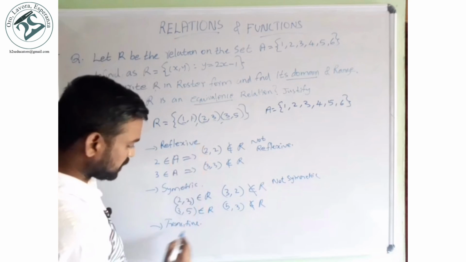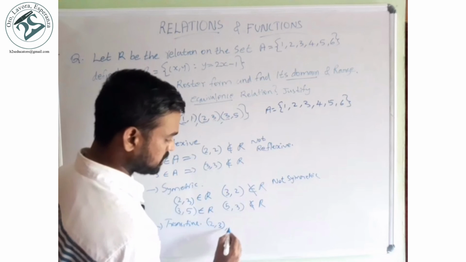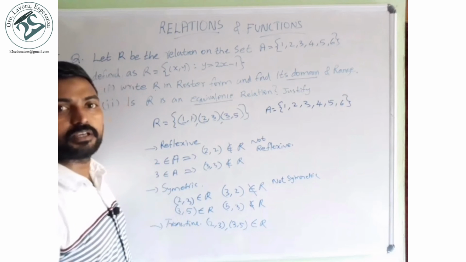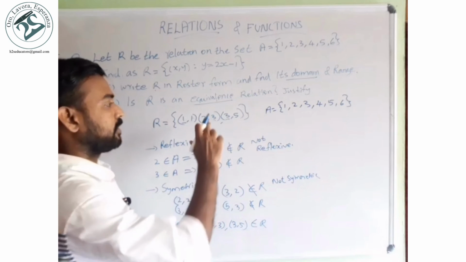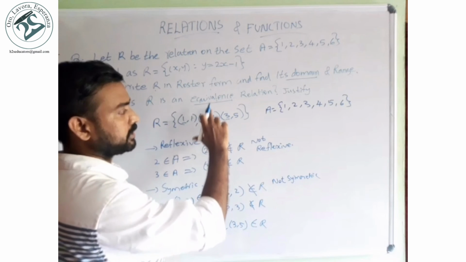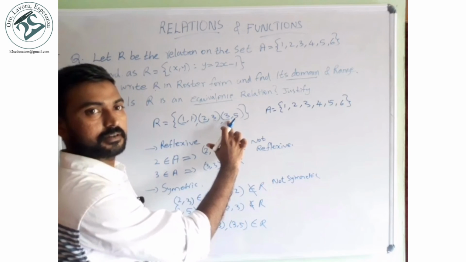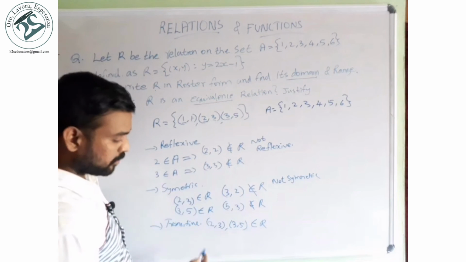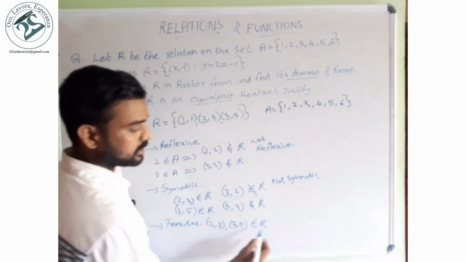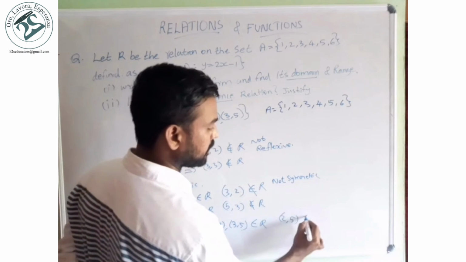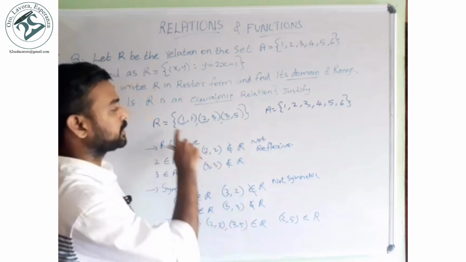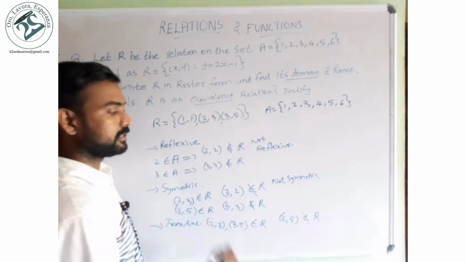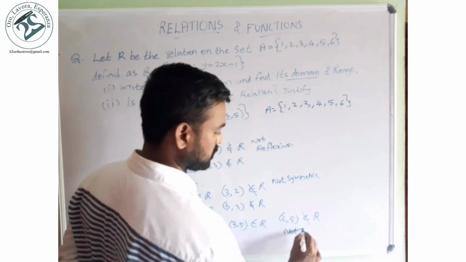So here we are going to check (2, 3) and (3, 5), elements of R. Only such cases we will check. Which cases? If one of the y elements comes as the x element. In such cases, those two ordered pairs will be selected. And we are going to check: here 2 is there, here 5 is there. (2, 5) should be an element in R. But you look, here (2, 5) does not exist. So it is not an element. So it is not transitive either.